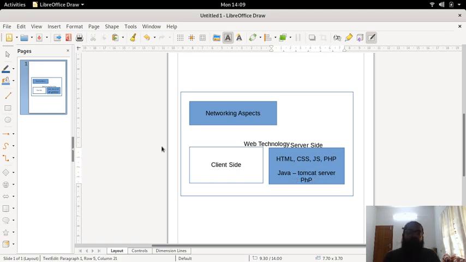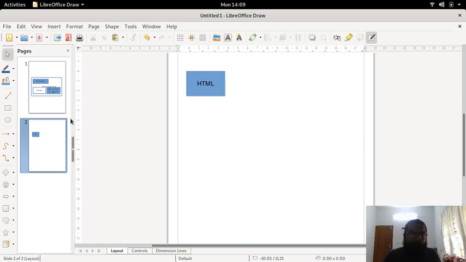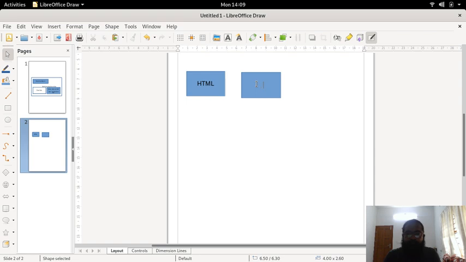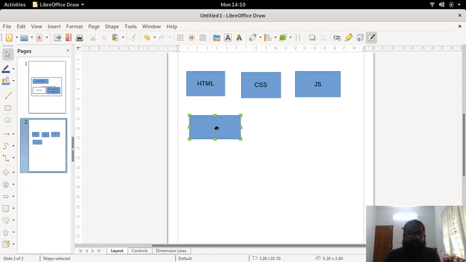Now if we go deeper, we have learned different things starting from HTML, then the CSS part, then the JS part, then the Ajax part.